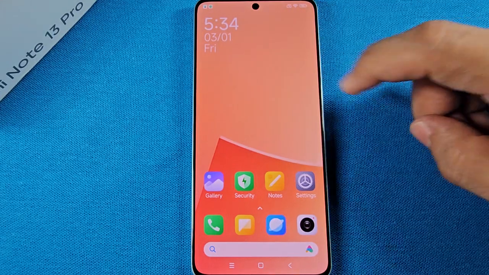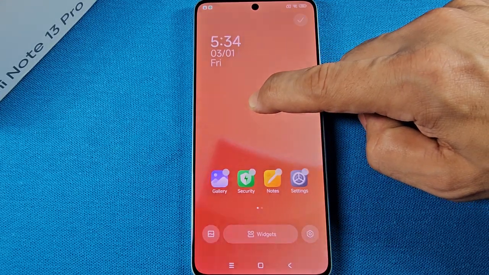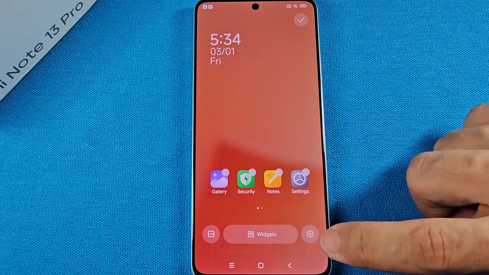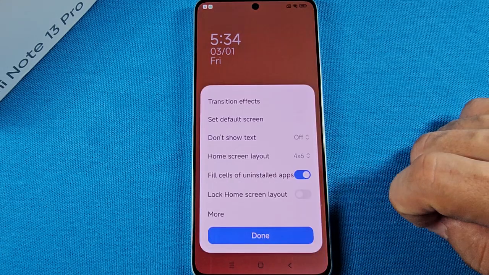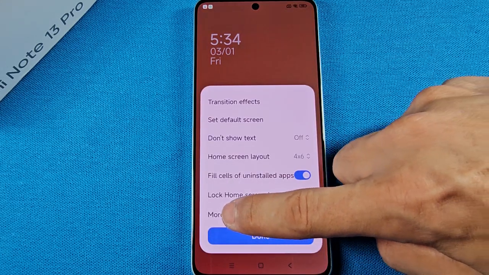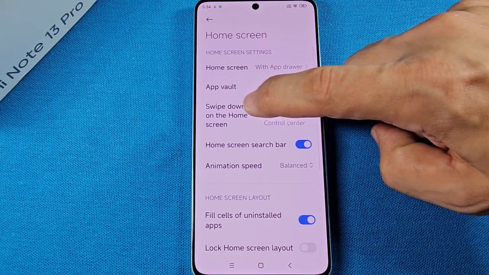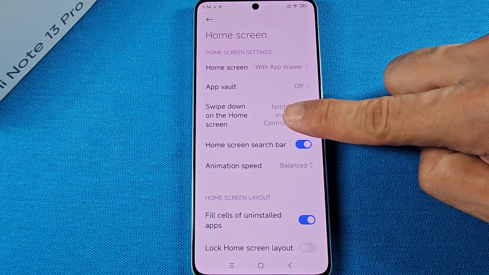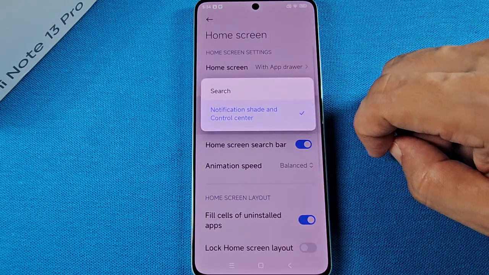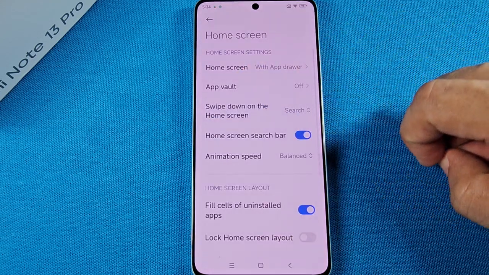But if you want to change that, you'll long press the home screen empty area like this here. You'll see the settings for your home screen, and go to where it says More right here. From here on, you'll see the part that says swipe down on the home screen. As you tap on that, you'll be able to choose what you want here, and you can switch to the